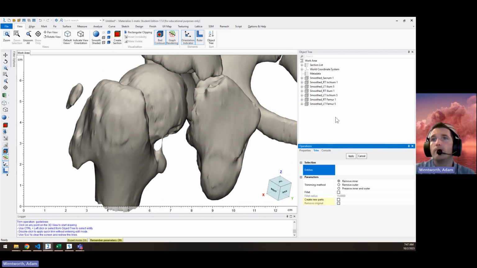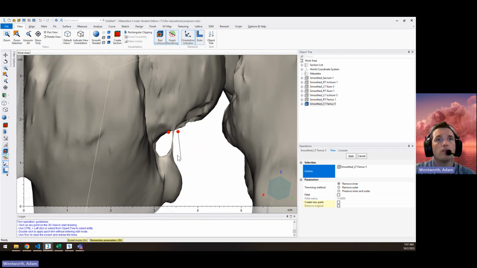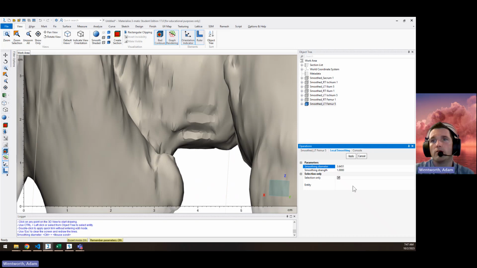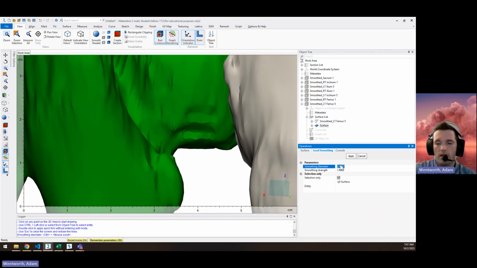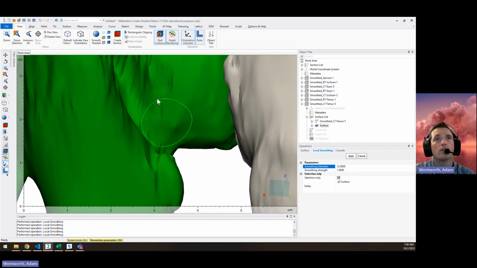If you want to smooth this segmentation defect out, even like how this is connected here, you could do Alt-T, which is trim, and this is the left finger. And we just take out this piece here. And S is the shortcut for local smoothing. We do selection only. We'll make sure that our expert mode is on. If you don't see some of these parameters, that might be the issue. So make sure expert mode is on down here. We have selection only checked off. We can then click the bone surface, put our diameter up at something reasonable, and we could just click away these